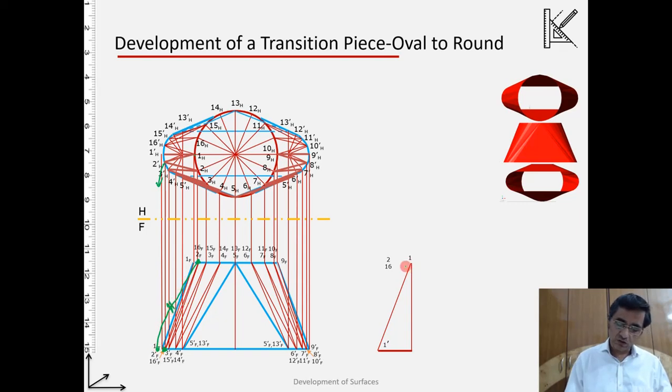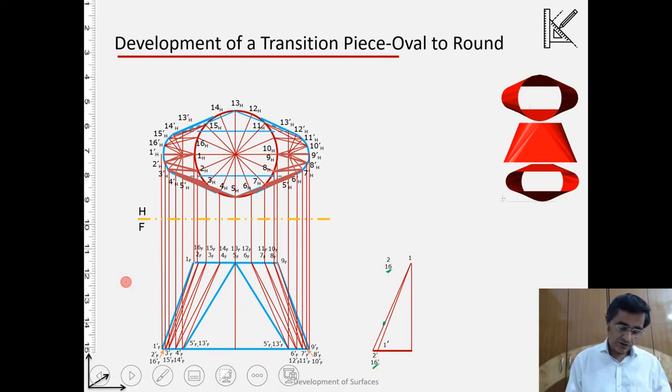So this true length now I am plotting over here. Okay, let's do that. So if I plot that, this is the point 2 dash, and that's the length. So that's the true length, which is 2 2 dash. This length is 2 2 dash, and also 16 16 dash, because similarly on the other side.